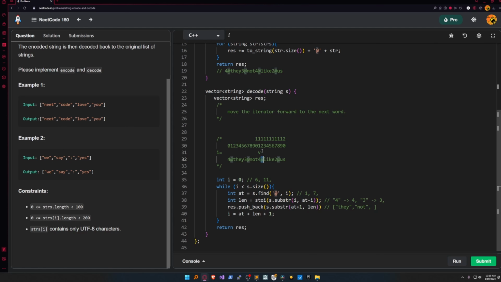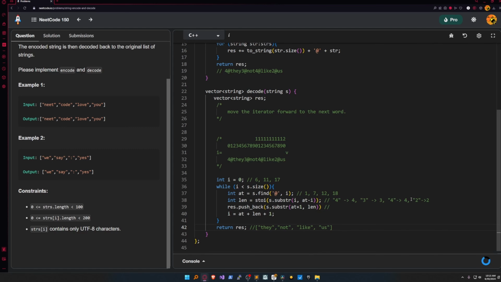The delimiter is at 12. The length of the next word is 4. And so we can push those next 4 characters into our result. Move the iterator again forward based on the relative position of the delimiter, the length of the word, and 1. And then finally, the iterator is at 17, the delimiter at 18, the length of the word is 2. So let's push those 2 characters into our data structure. And at this point, the iterator has reached the end of the string input, so we can jump out,